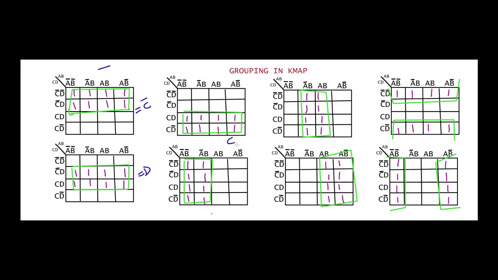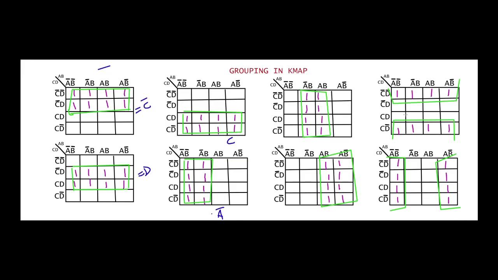C, whereas for this K-map, the minterms will be equal to, here C and D, nothing is common, but in both of these you have A bar common. So for this, the minterm will be equal to A bar. Now here you again have B as common. In this you have A as common.